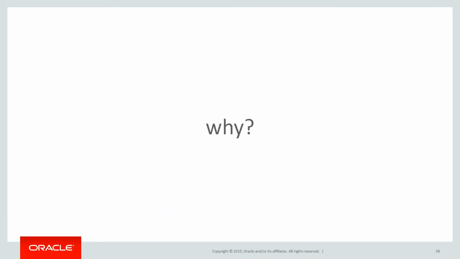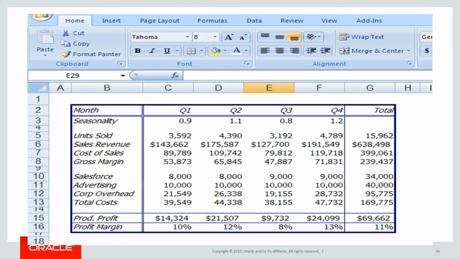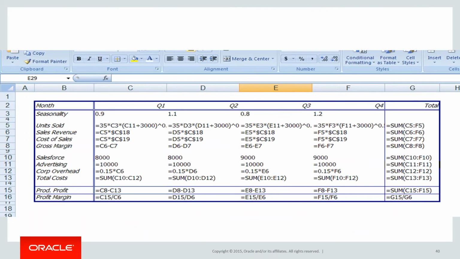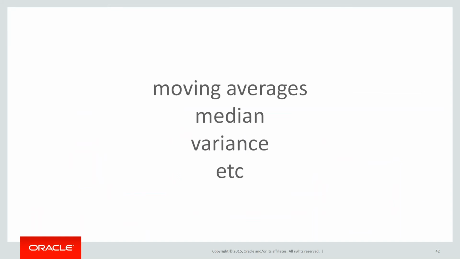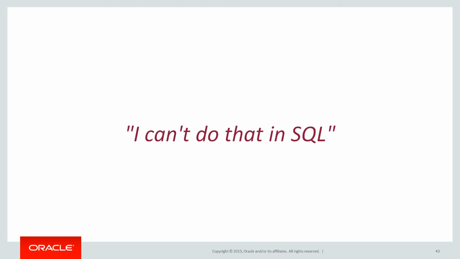And this, coming back to your question sort of about BI. The thing about Excel is it's not just a window of data. If you look at the screen there, you can see it just looks like figures and columns and rows. But if you look underneath that, you can actually see that the beauty of Excel, as people will explain it to you, is that we have formulas and calculations, and you can do all sorts of cross-row and cross-column calculations. They want to do analysis with the data. We want to do moving averages, medians, variances, and stuff like that. And people say, I can't do that in SQL, and that's why I dragged it out of a good database and put it into Excel.